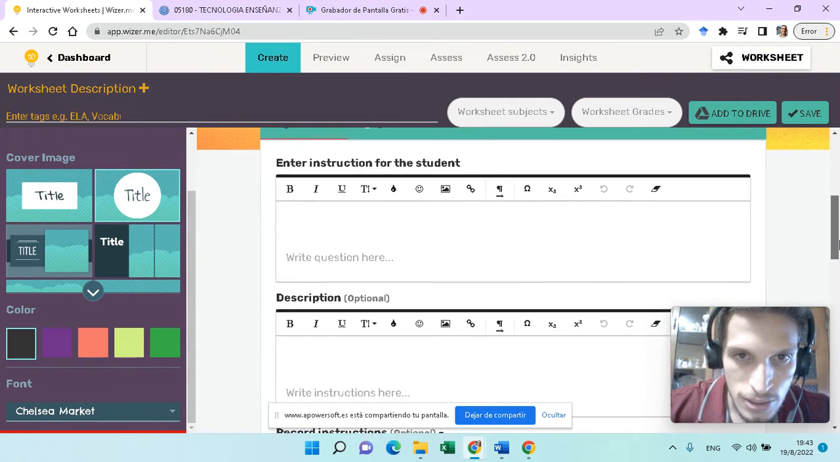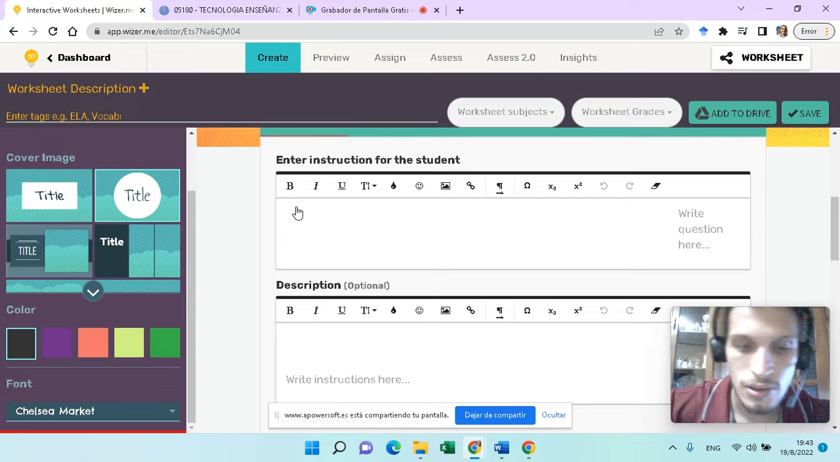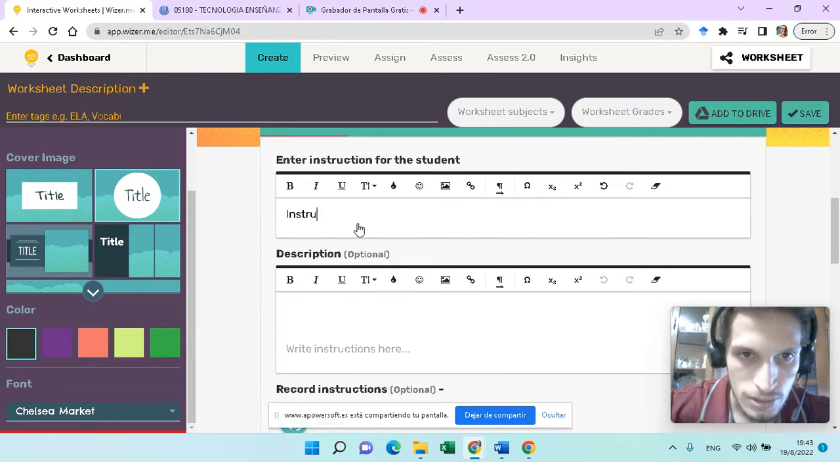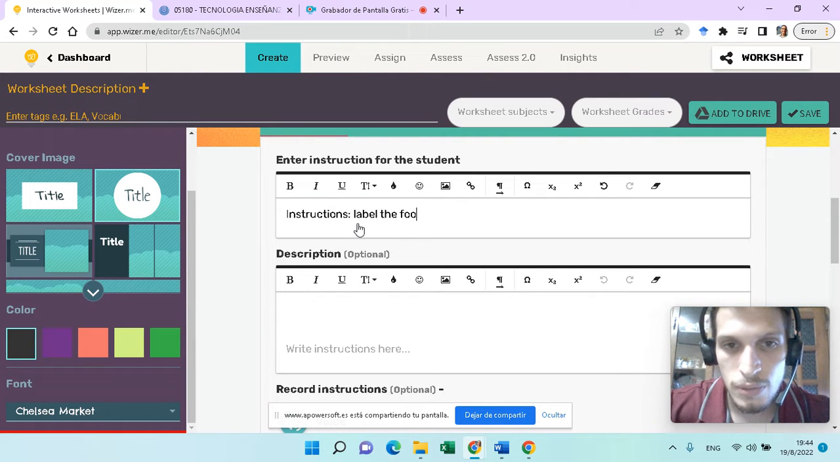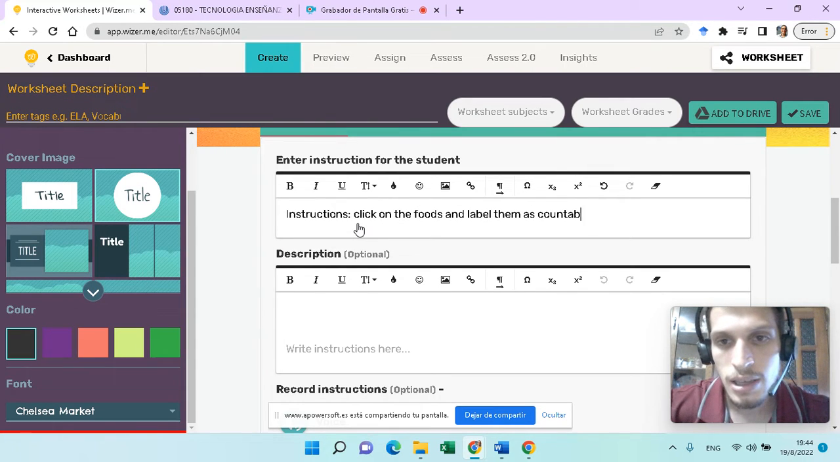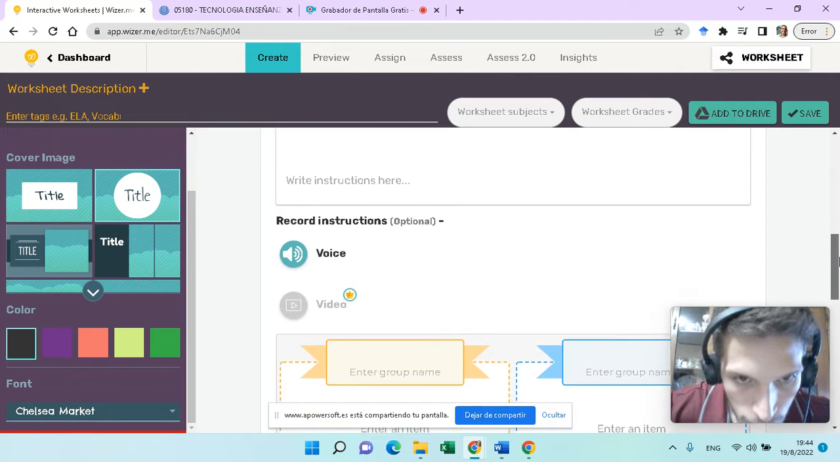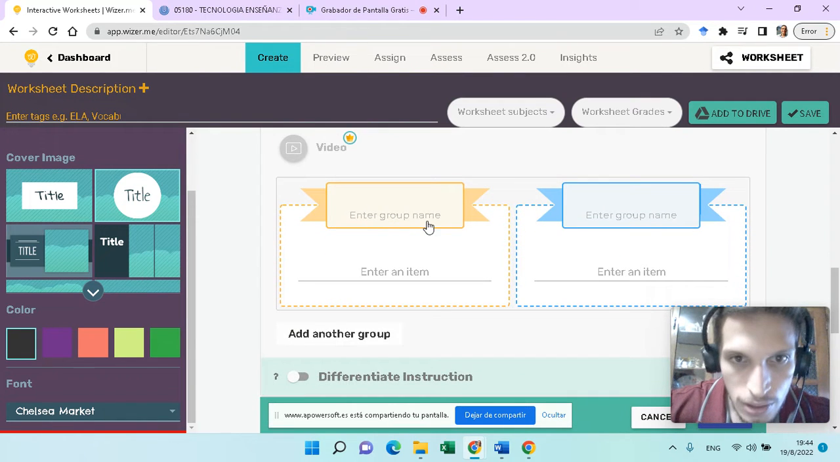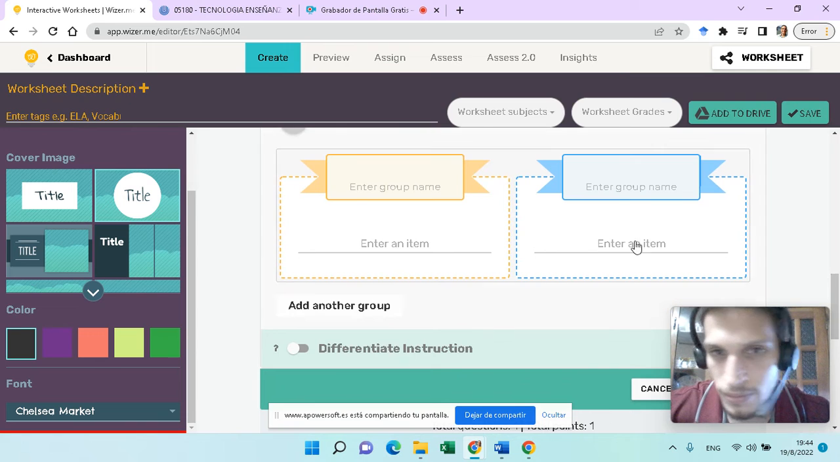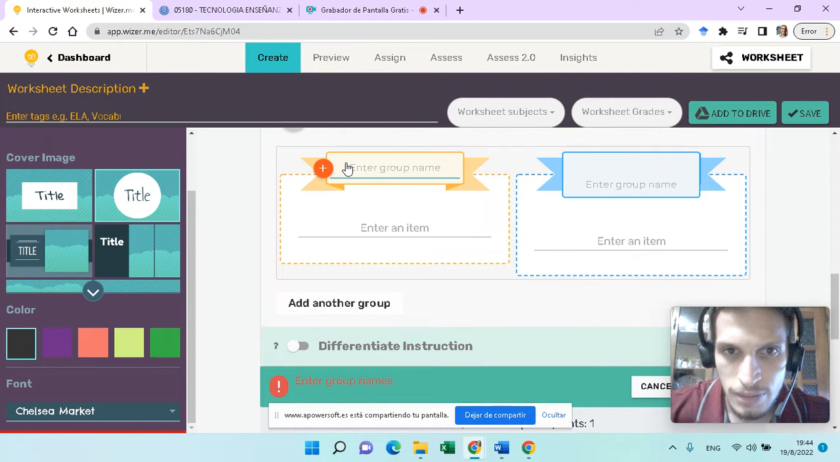And then it says enter instructions for the students. So you can see here, you can write instructions. Label the foods, click on the foods and label them as healthy or unhealthy. Okay, and here you enter the group's name. Sometimes it takes a lot of time. Okay, so healthy foods,